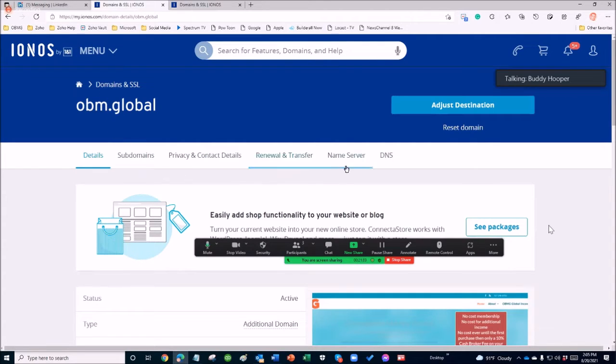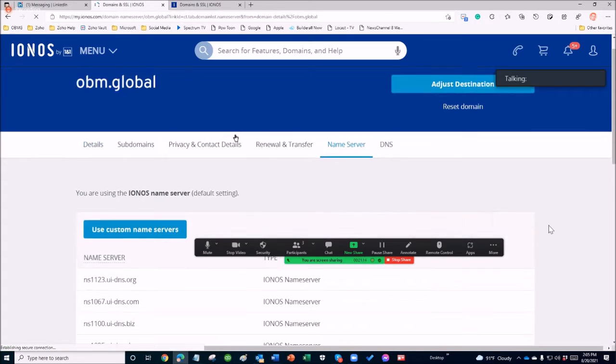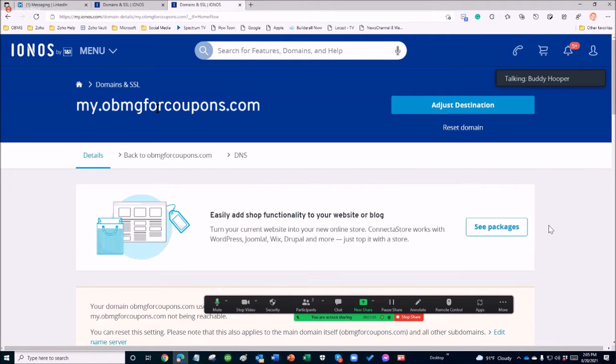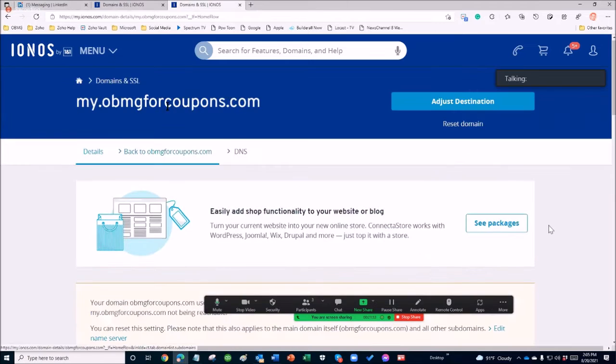Now, if I go to name server, it shows the name server is Ionis. Now, okay, but now the website that it goes to is not on Ionis. If I go to OBMG4 coupons, and I go to